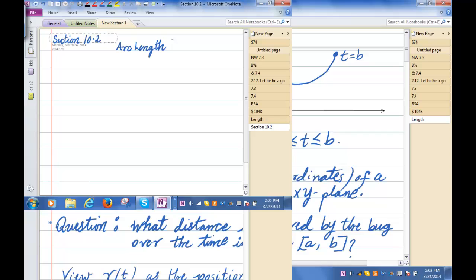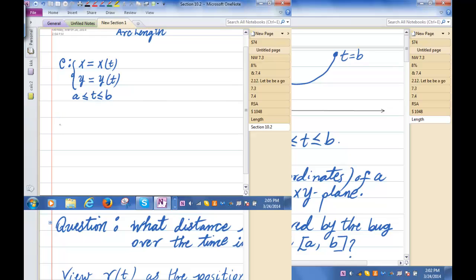The problem that we want to solve today is the following. Let's say I have a curve C, and the curve C is given by x is x of t, and y is y of t, and t is in a closed and bounded interval from A to B. So t is between A and B. This is a finite curve in the xy plane, and the question is, what's the length